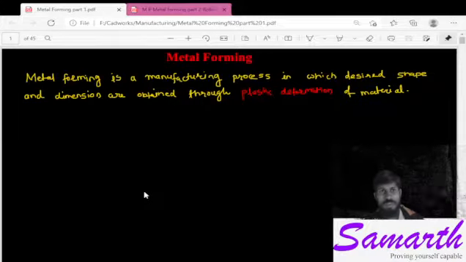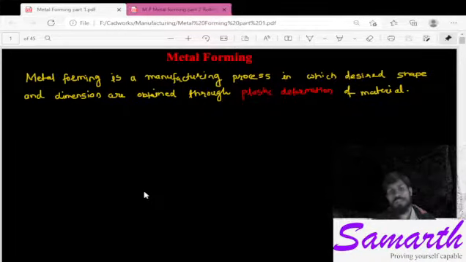Metal forming is a manufacturing process in which desired shape and dimensions are obtained through plastic deformation of material. What is meant by plastic deformation? I have already discussed all these things in the previous lecture. You can see the lectures of strength of material. We have already covered 4 subjects with SOM, then engineering drawing, after that machine design and metrology. This is our 5th subject, which is manufacturing processes, and in that we have started metal forming processes, and the first